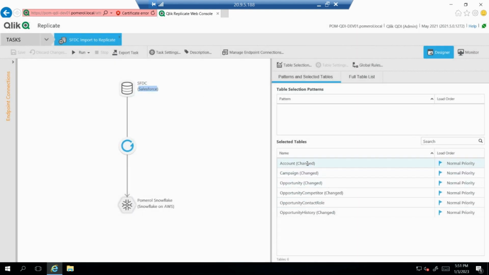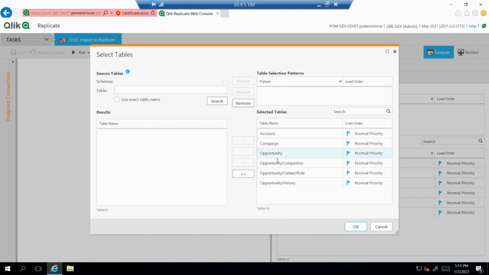As we move through here, you'll see these are the objects that I've already selected from Salesforce.com. Most of these are opportunity objects that I've selected to pull in. For our purposes, though, I would like to change this up a bit and add a new object and remove one, so you can see how it's done. The way you do that is you go to your table selection,